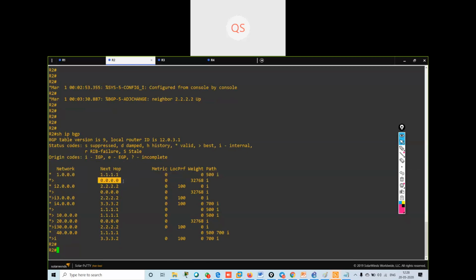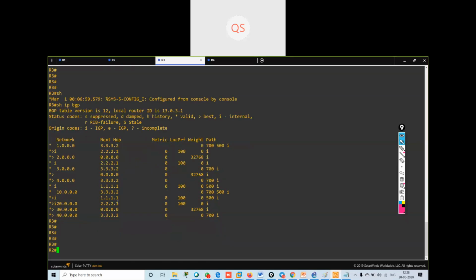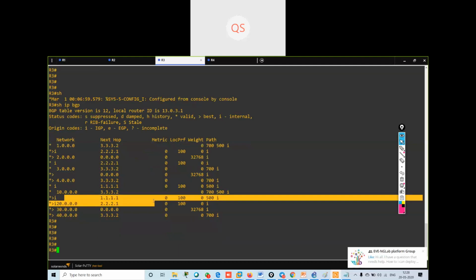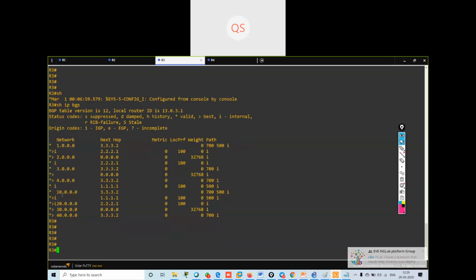This is my best route, directly connected 0.0.0.0. If I see over here on R3, what is it using to reach the 10 dot network? What is my best path? My best path is this 1.1.1.1.